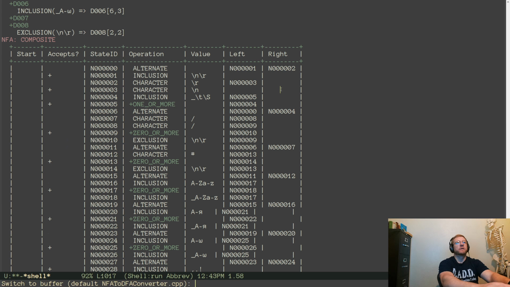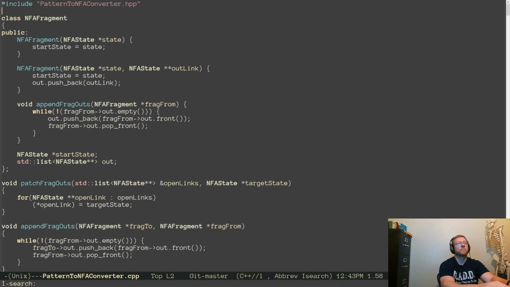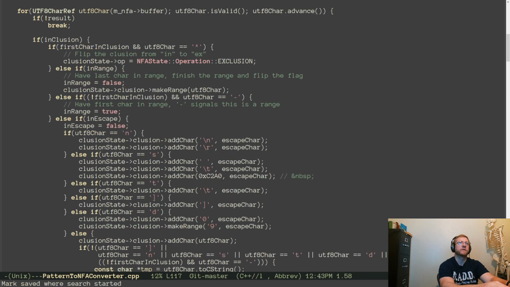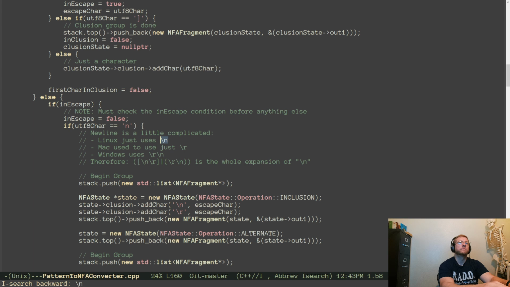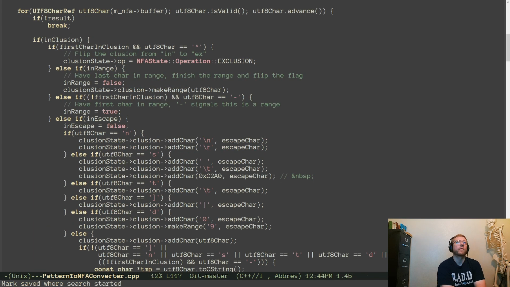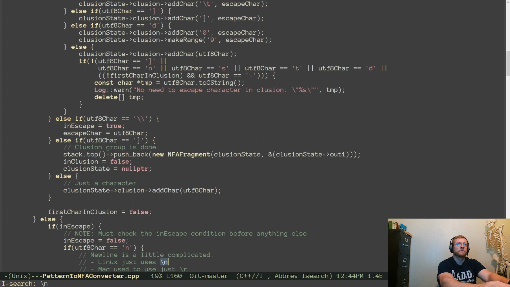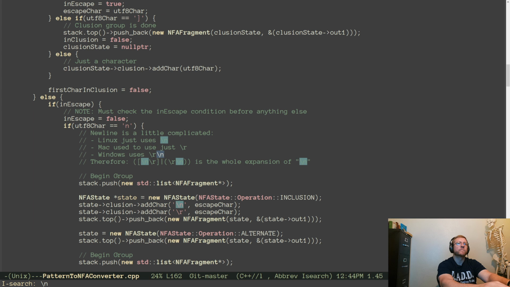What if we change it? Let's go to part of this may be because of this. What we really want is the NFA pattern for, that one's fine actually.